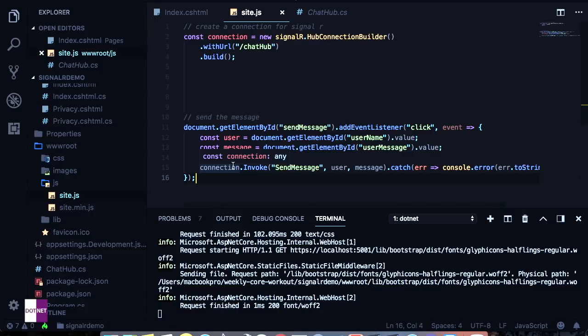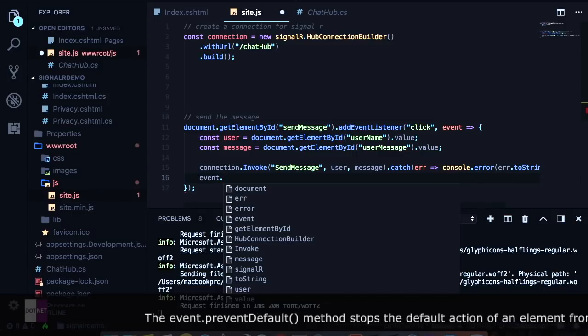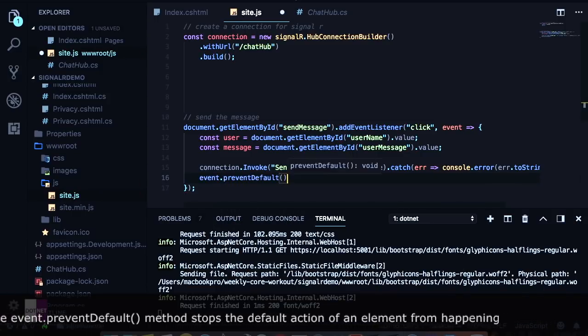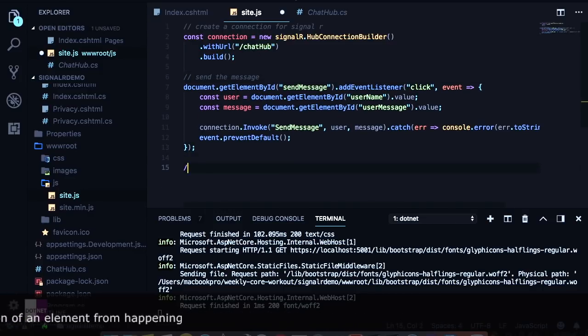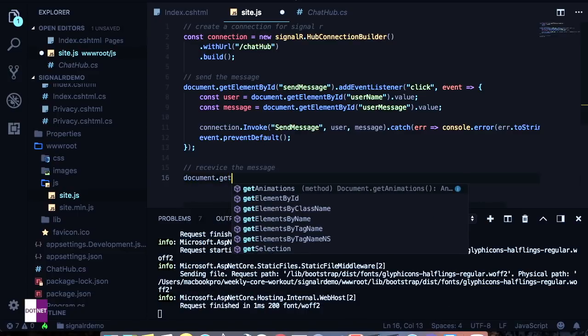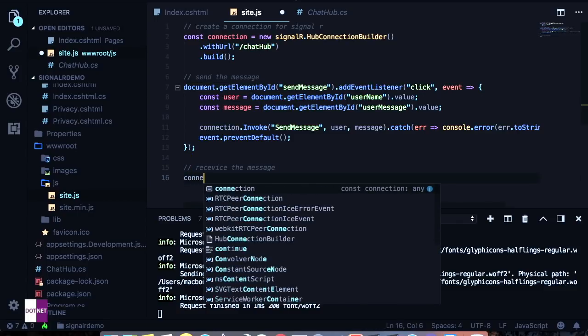So finally, inside of the send section of the message, I'm going to take that event.preventDefault. The next thing is receiving the message. So the document.getElementById, I don't need to reiterate this, so I'm just going to copy. To receive the message, what I'm going to do is connection.on